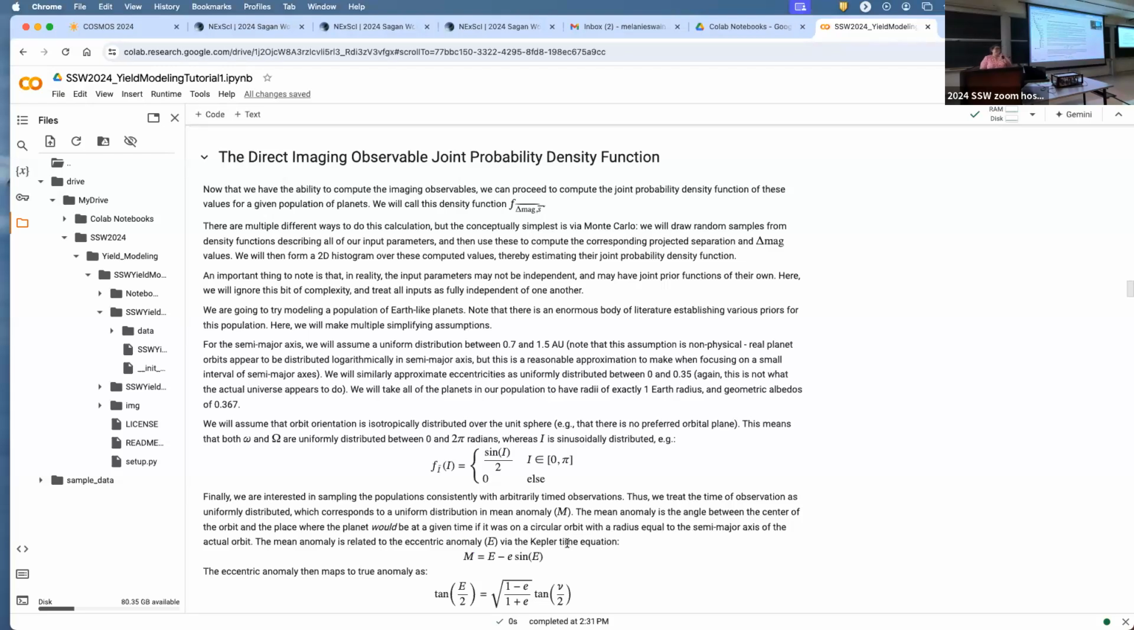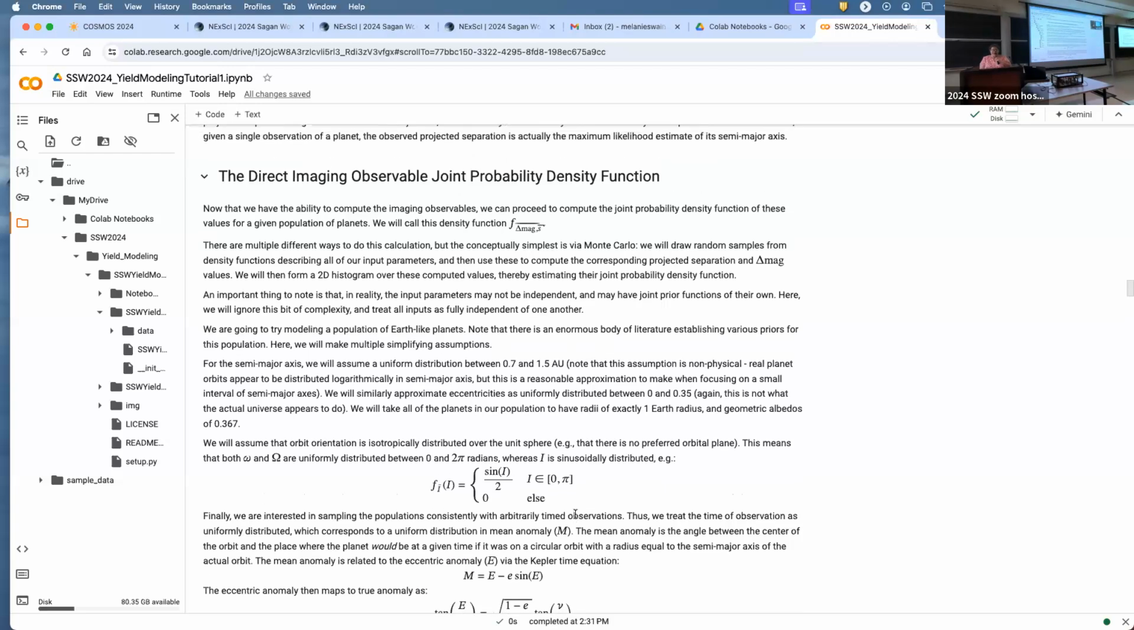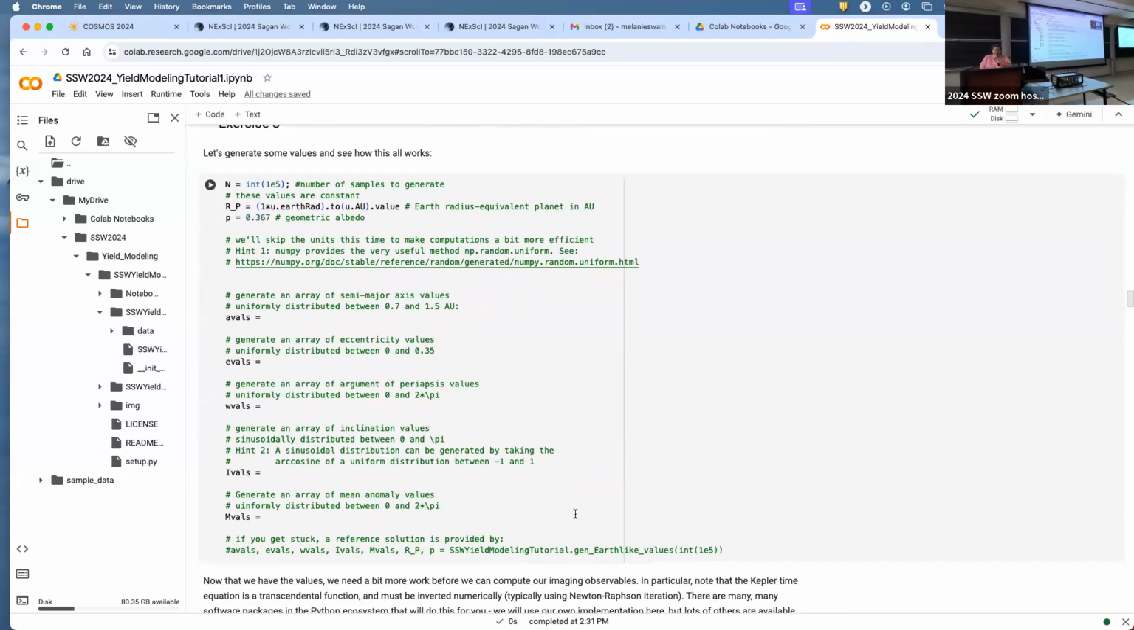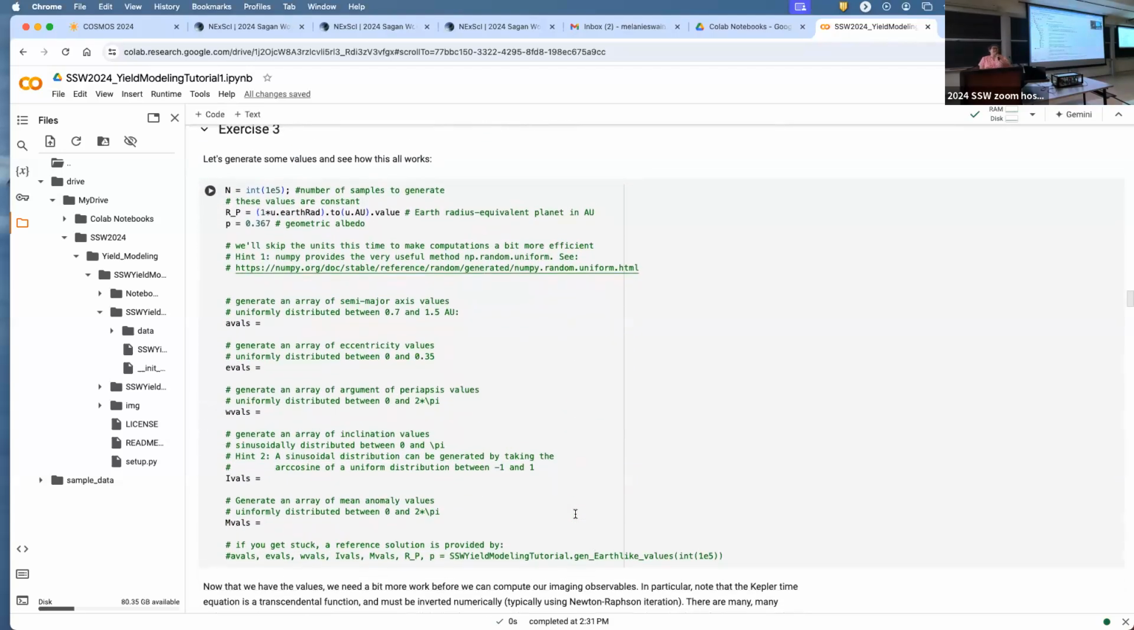There's one other simplifying assumption that you can make, which is to have zero eccentricities. But in order to do the Brown plot, we are including these eccentricities. All right, so now we get to the exercise part of this. And in this exercise, what you're going to start out with in this cell